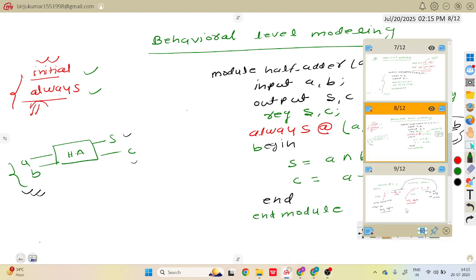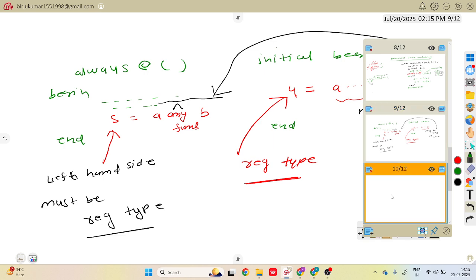So in the previous part, I already explained the level of abstraction. I took one example, the half adder, and I explained how to write the Verilog code of the half adder in the different modeling. This is the half adder with two inputs A and B, and for sum I am writing S and for carry C. In the previous part I explained the data flow modeling, behavioral modeling, and gate